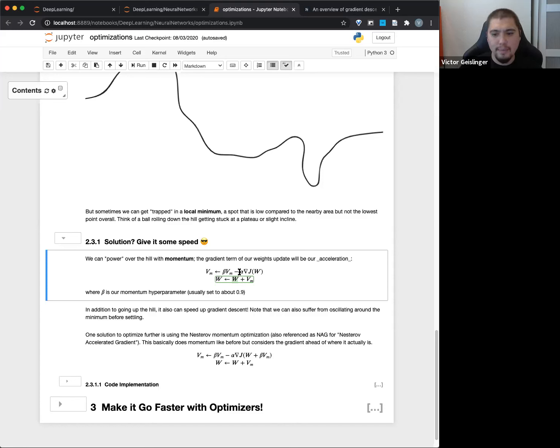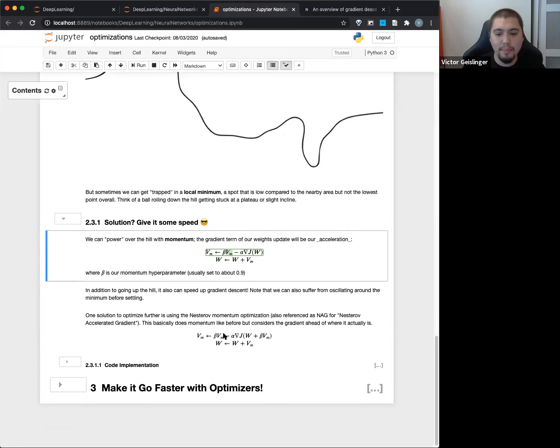And this velocity is the same thing as before. We're still doing the minus alpha times the gradient of the cost function, okay? But we're adding this extra bit right here, which is beta times this velocity item essentially. And this velocity item right here gives us a little extra bit to keep moving forward. Note that it could be in the opposite direction of the gradient itself. We could keep moving even though the gradient's pointing the other direction. And that's the idea of the momentum. Now, the big question is how do we actually find this V m? How do we determine what V m is? And there's a couple ways we can do that.